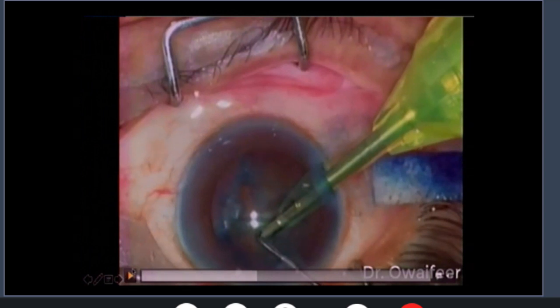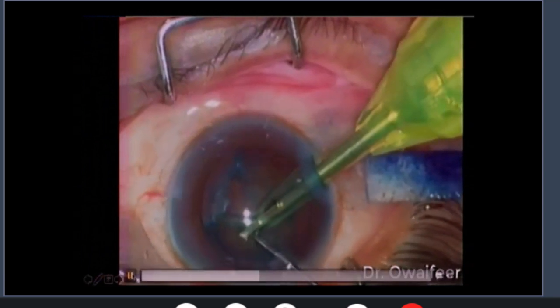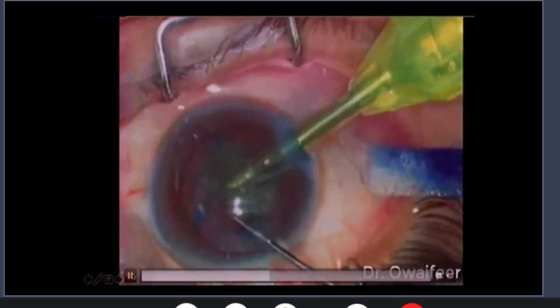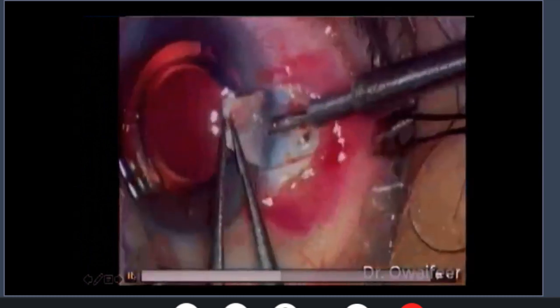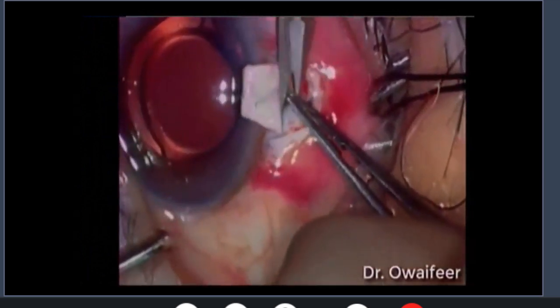You can find in the literature other people doing a different technique, double port phaco trab. Some people do single port phaco trab: from the flap that was created, they go in with the keratome and insert the phaco probe from the trabeculectomy flap, do the phaco, and then create the stoma and iridectomy and come out. So that's single port. What I prefer to do is a double port, so the phaco entrance is different compared to the trab entrance. And after completing the phaco, you do your punch, iridectomy,